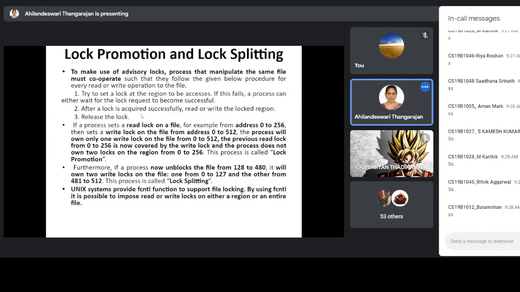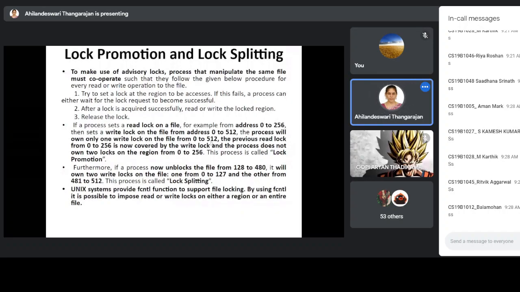See here, if a process sets a read lock on the file, for example, from address 0 to 256, then it sets the write lock on the same file from address 0 to 512. So this is the read lock and this is the write lock. A process will own only one lock on a region, either read lock or write lock.